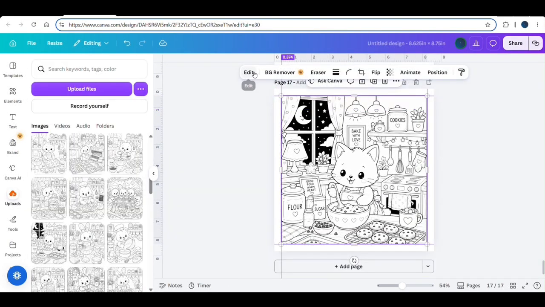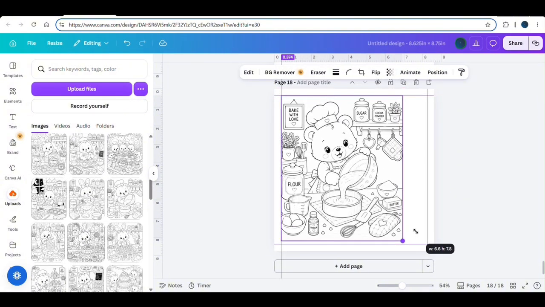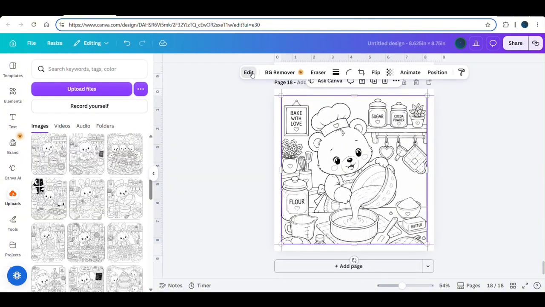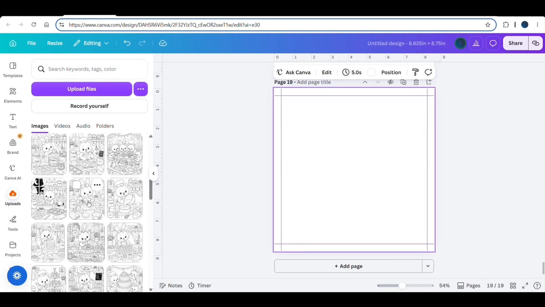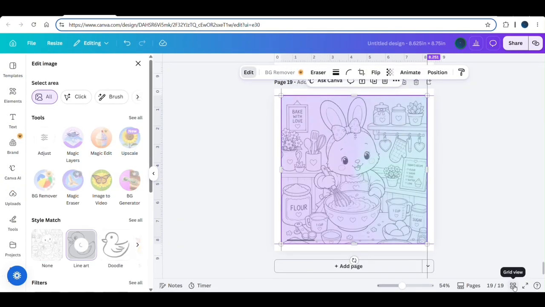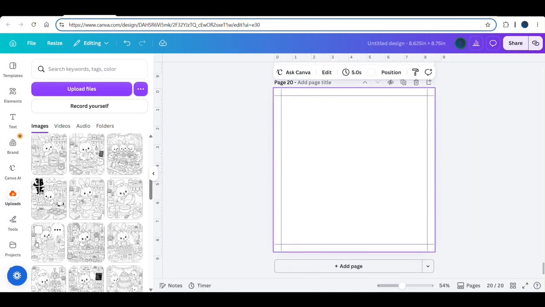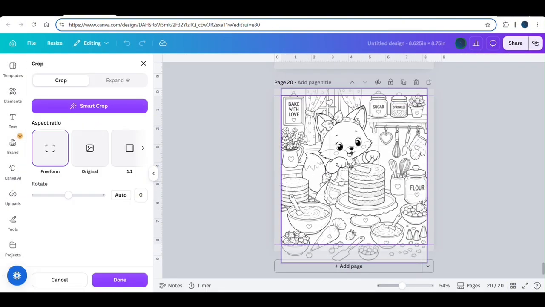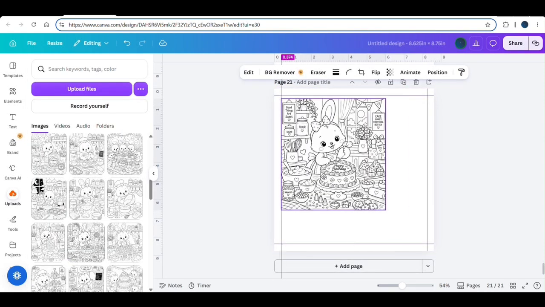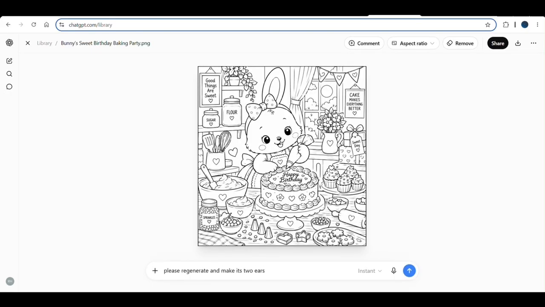All the pictures generated by the AI can't be correct, of course. So while arranging the pictures and looking at the photos, you have to take care of many things. You have to take care that your character is made correctly, and that nothing should be missed. No part of your character should be missing. As you can see in this photo, one ear of the bunny is missing.